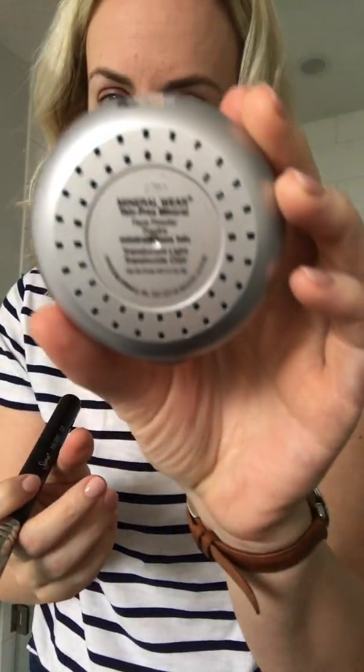Mineral Wear Talc Free Face Powder. It just looks like this, and I've used it. And then I just use this brush. It's got like little loose things on it. And I just sort of, I guess, set